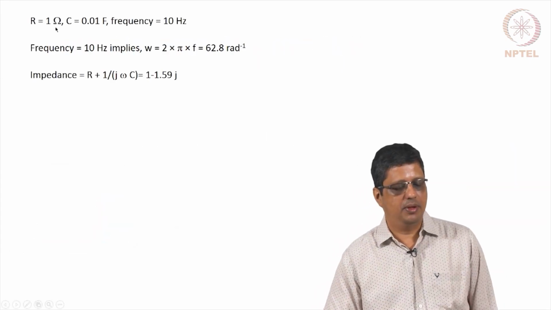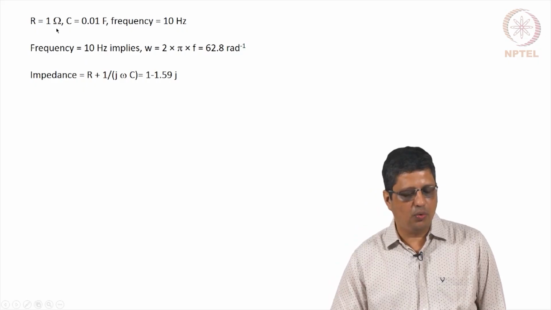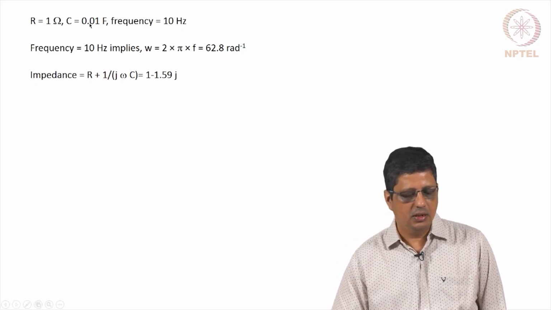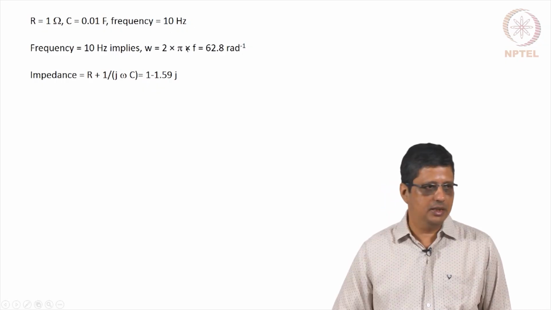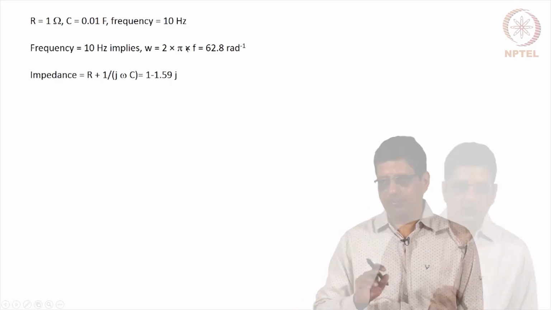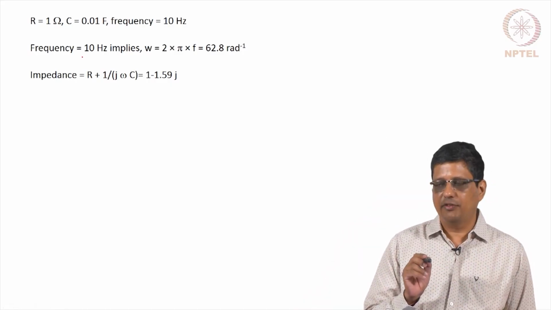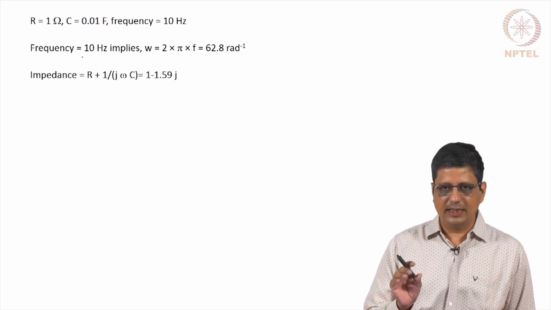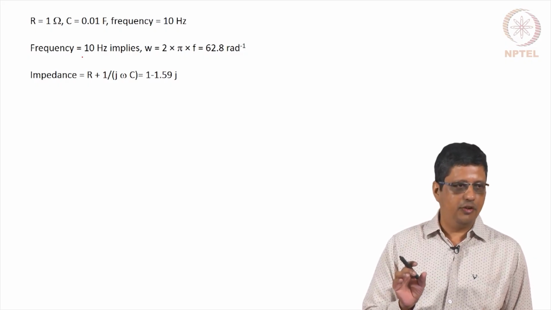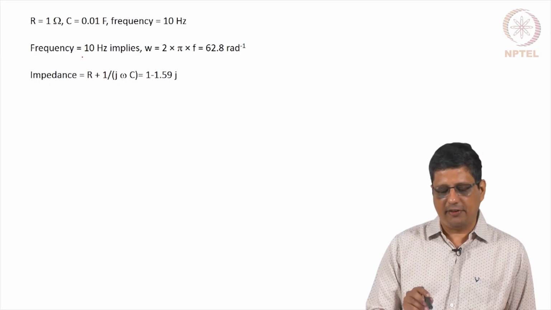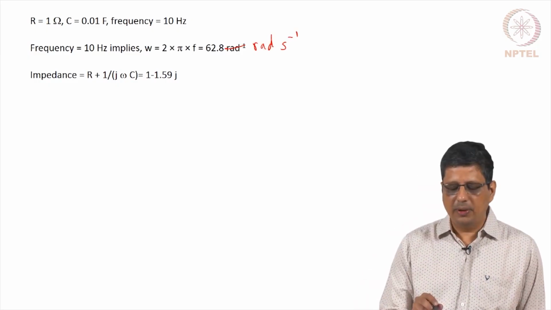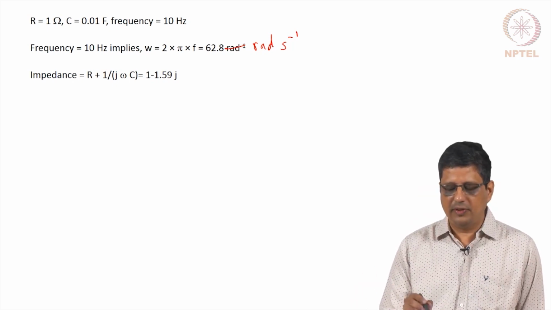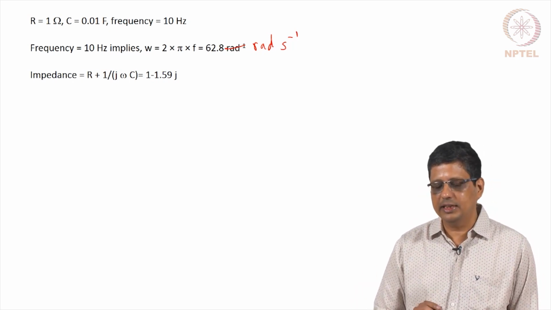Now, I want to give you an example. Let us say the resistance is 1 ohm, capacitor is of 0.01 farad. We apply a sinusoidal wave of 10 hertz frequency, that means in 1 second you will get 10 complete cycles. There are two ways of representing the frequency. f is the normal frequency, omega is called angular frequency, and that is going to be 2 pi f, and that is given in radians per second. So, if you multiply 2 into 3.14 whatever number of decimals into 10, you will get about 63 radians per